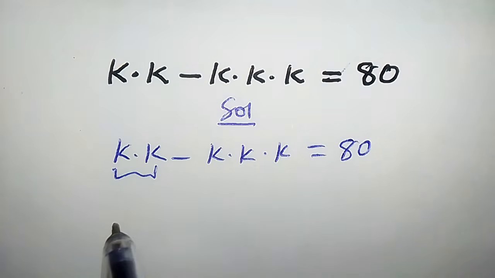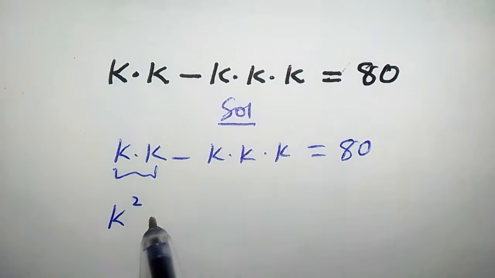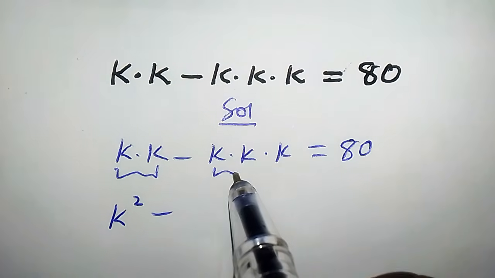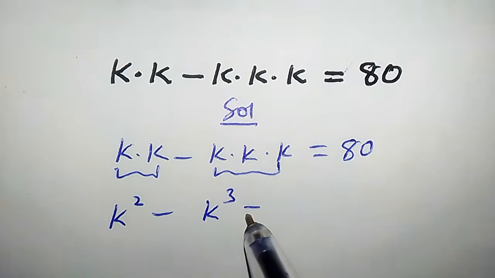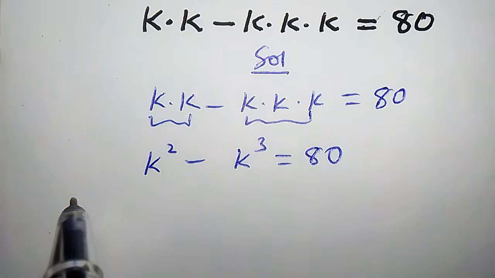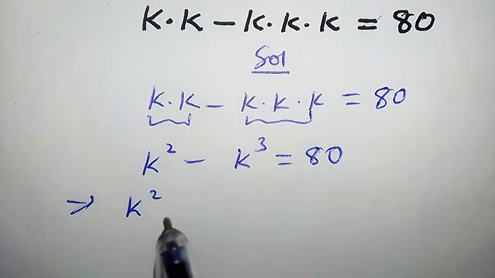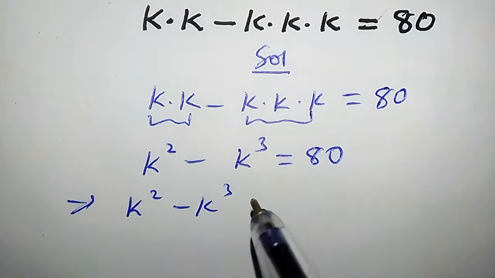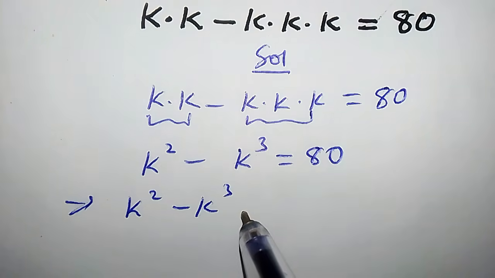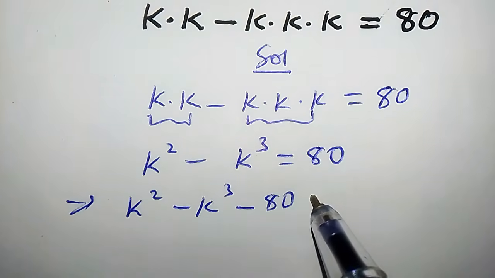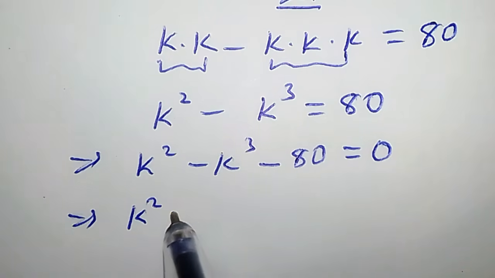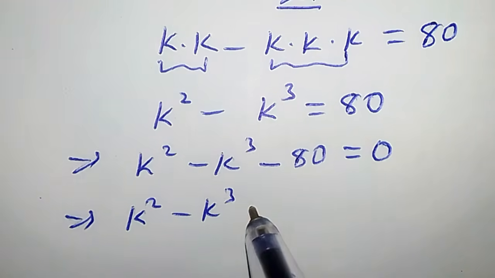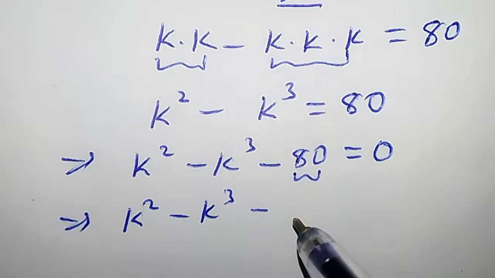k times k is simply k square, minus k times k times k is simply k to the power of 3, equal to 80. This implies that k square minus k cube. If we move 80 to the left hand side, we have minus 80 equal to 0. This means that k square minus k to the power of 3 minus 80 could be written as